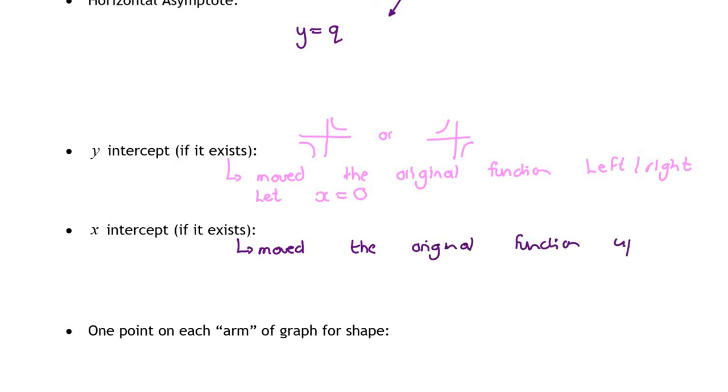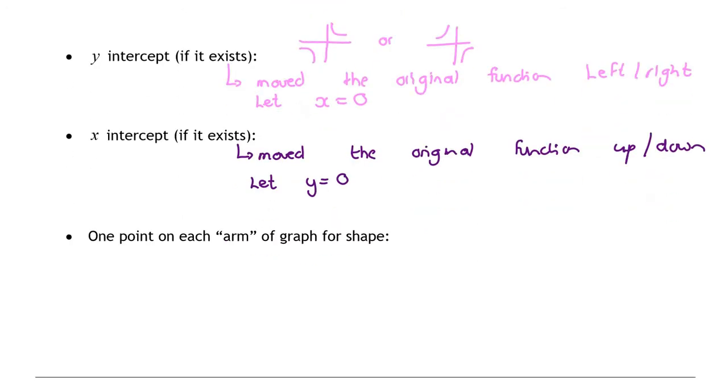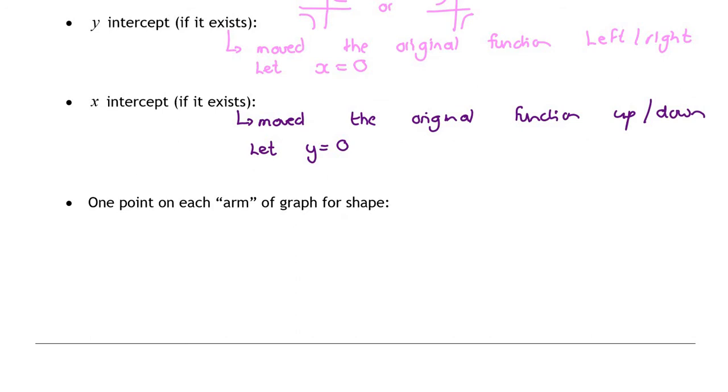So again, rather think about it before you try and find it. It might not exist. Fortunately, if it does exist, it's very easy to find, because like with every other x-intercept in the whole wide world, we just let y be 0. Right, now the next thing is, when we plot a function, we always want to have one point on each